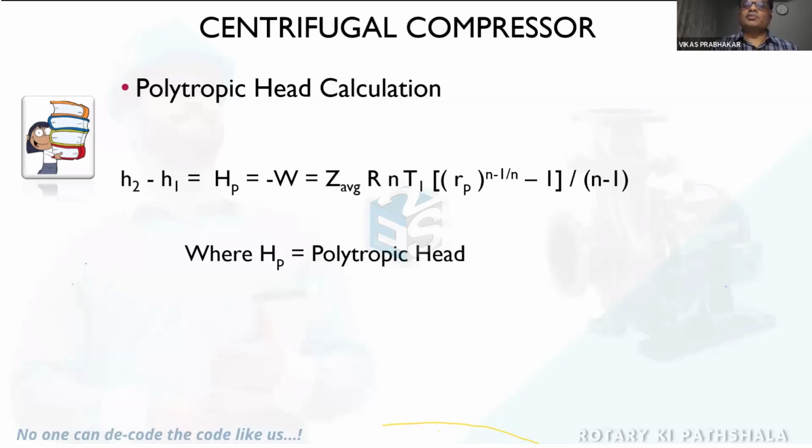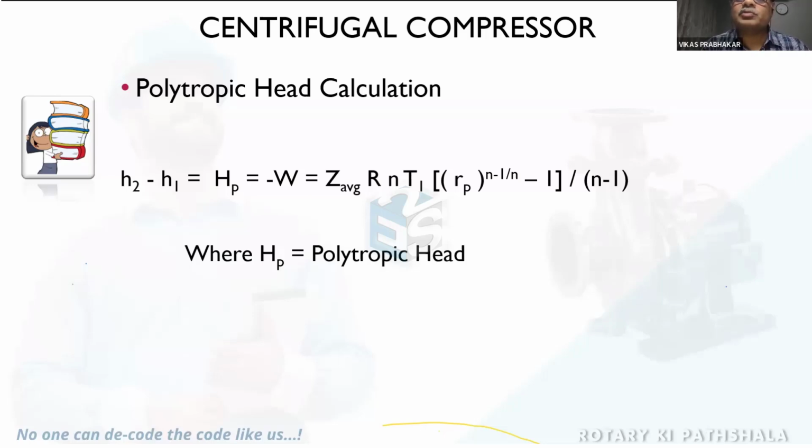When we are expressing the polytropic head, do not compare it with the centrifugal pump, just for your clarification. In case of the centrifugal pump, the head is expressed in terms of the unit meter, like 100 meter, 500 meter or 1000 meter. But in case of the centrifugal compressor, we are expressing the head or polytropic head in terms of the energy, which is kilojoule per kg. So it is an enthalpy energy, not simply meter, because